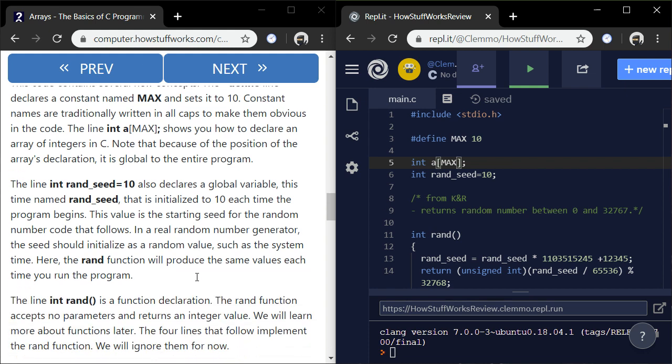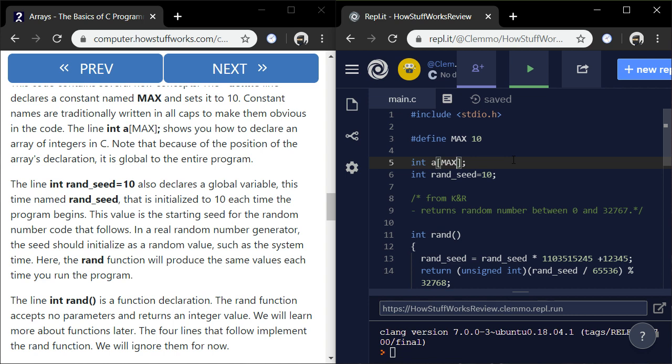The line int ranseed = 10 also declares a global variable named ranseed initialized to 10 each time the program begins. Right. I'm assuming all global variables initialize their values each time the program begins. This value is the starting seed for the random number code that follows.